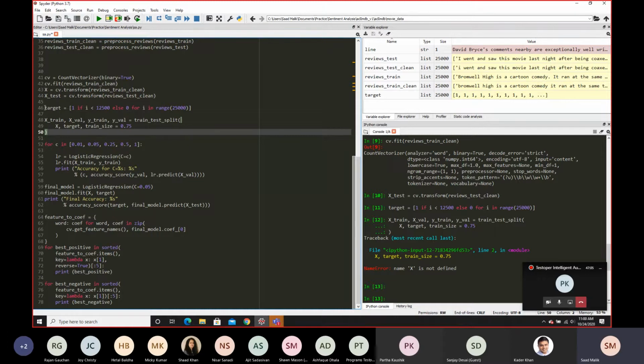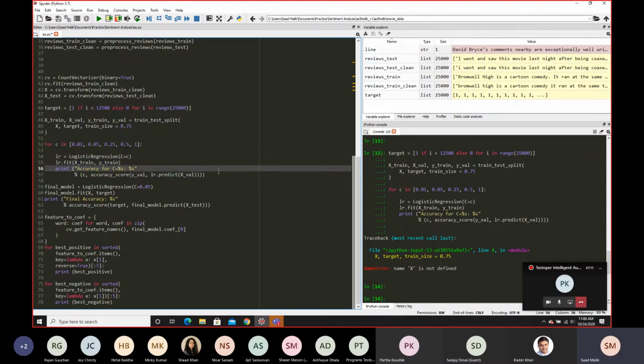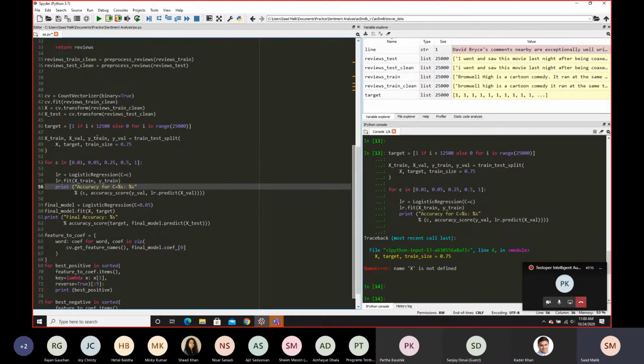That's fair. There seems to be some error here. Let me try to figure it out. Where is it picking X from? Oh, I forgot to run one line here.